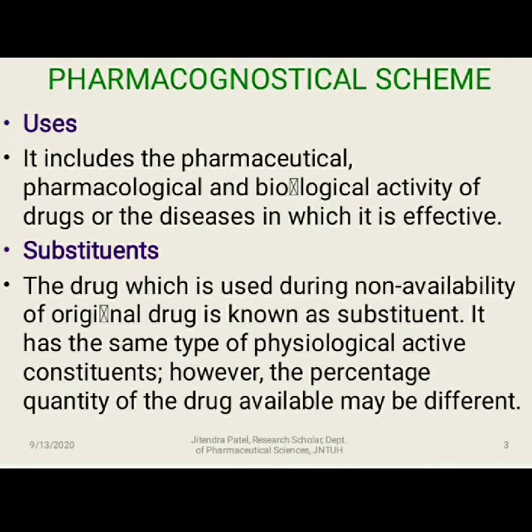Coming to the pharmacological and biological activity, right? What is the pharmacological action? For example, atropine from Atropa belladonna, which dilates the eye pupil, right? Likewise, if you take the example of senna, senna has sennosides A, B, C and D, which convert into sennidin A, B, C and D, which give the effect of a purgative. In Rauwolfia there is reserpine, which reduces the blood pressure, right?